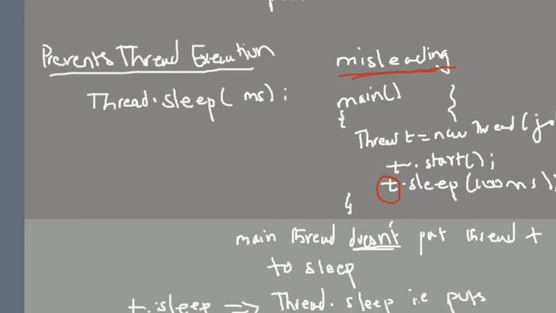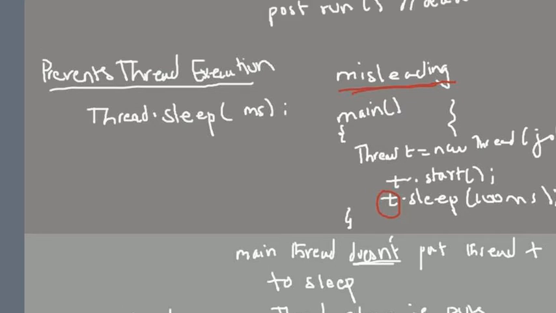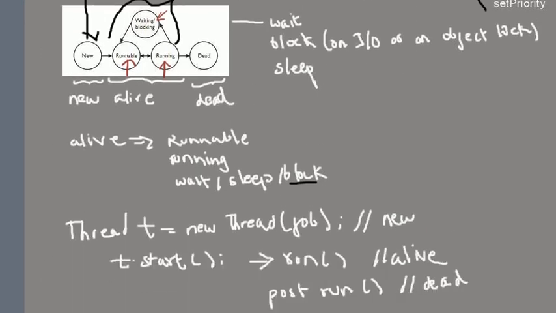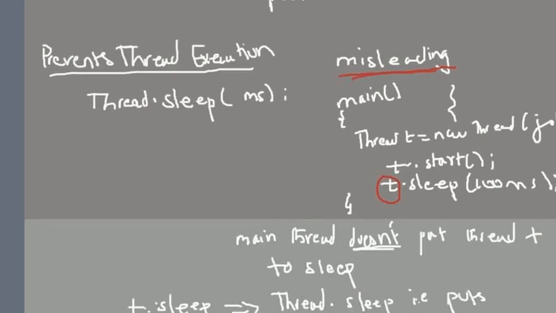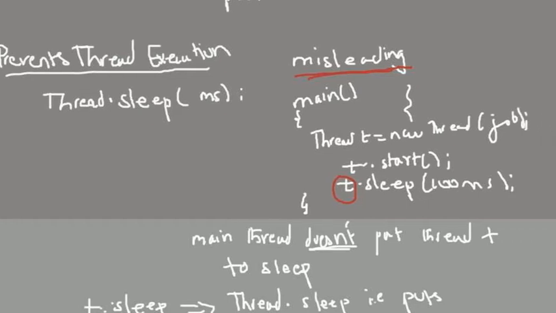Now let's take a look at some of the methods which are used to prevent thread execution, that is, which are used to move the thread from running mode to either runnable or waiting or blocking mode, but not to dead. The one method is sleep, which is a static method, and it's kind of misleading because